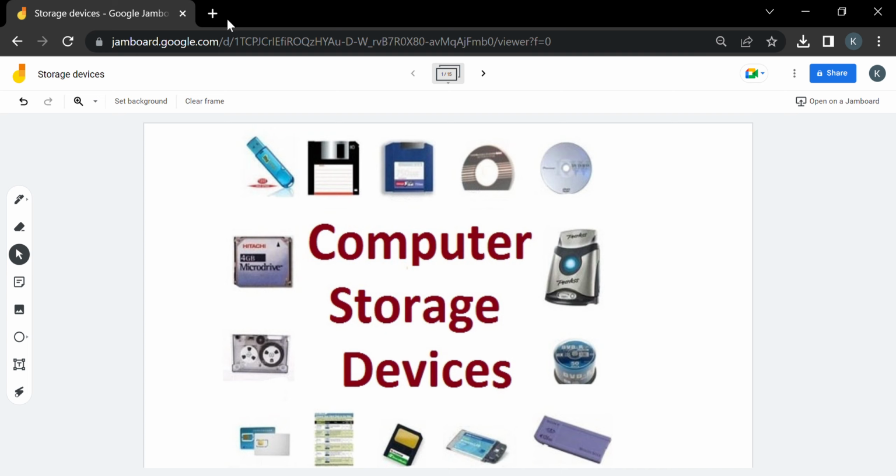Hi dear student, the topic of today's session is computer storage devices. So what are these different storage devices? You can see different storage devices on the screen. You must be familiar with most of them, but let's start our discussion about what the storage devices are, and